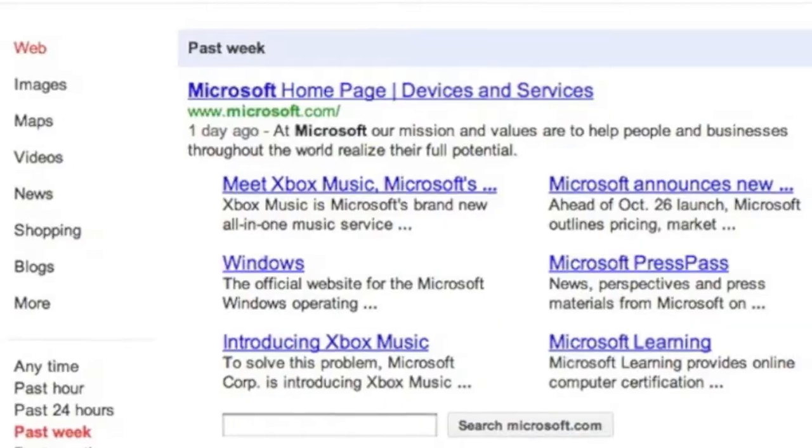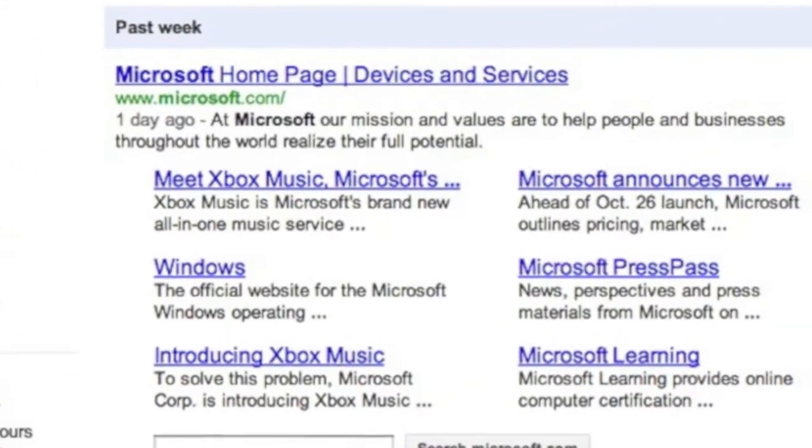Google titles. Google site links. So Google site links, we talked about it a lot over the years and stuff like that. They come in many different flavors, but I didn't notice until WebmasterWorld Fred pointed it out that if you go ahead and use the search tools on the left-hand side where you click on past week, past month, past day, that actually changes the site links in there.